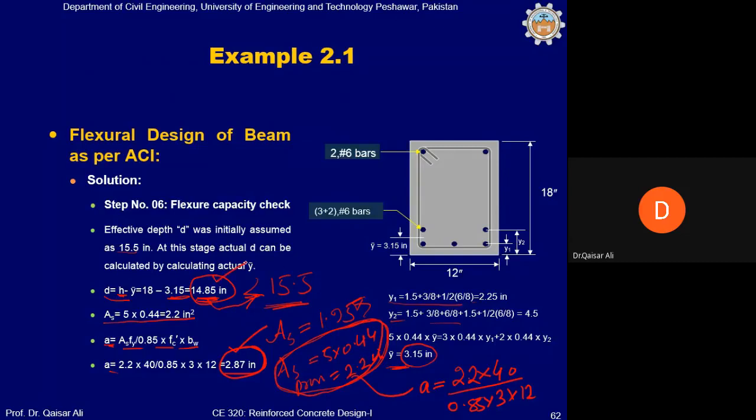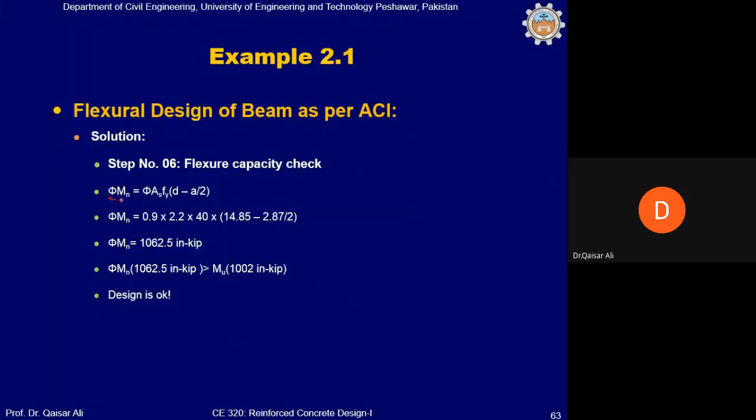Now with this small a 2.87 inch, with this d of 14.85 inch, and with this As of 2.2 square inch, you can now calculate φMn again like this. φ is 0.9. This is As that we have provided. This is d, which comes out to be 14.85 inch now, and small a that we have recalculated from this As. φMn comes out to be 106.25 inch-kip, which is still greater than 100 inch-kip. So we should be happy with this, because φMn is greater than this, and we can recommend finally using 5